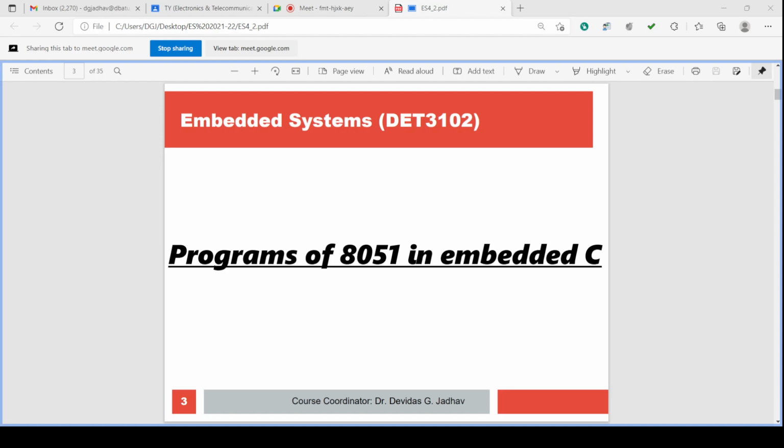So the programmer writes the program into the 8051 IC. This is the process. In this way we have to transfer the program executable file into the 8051 ROM.